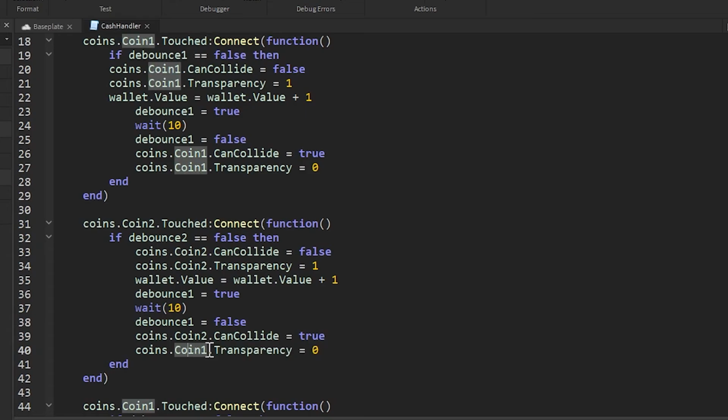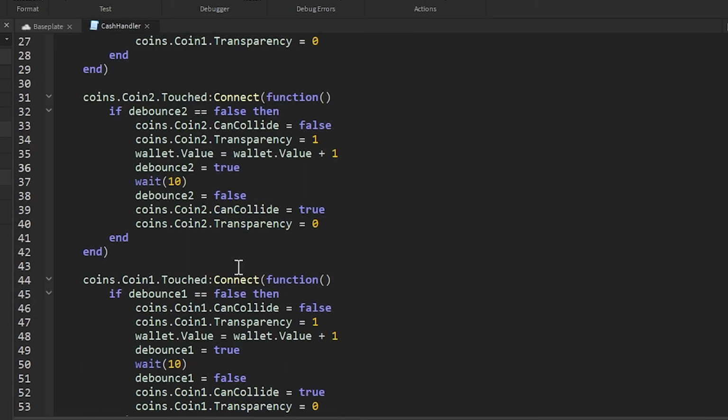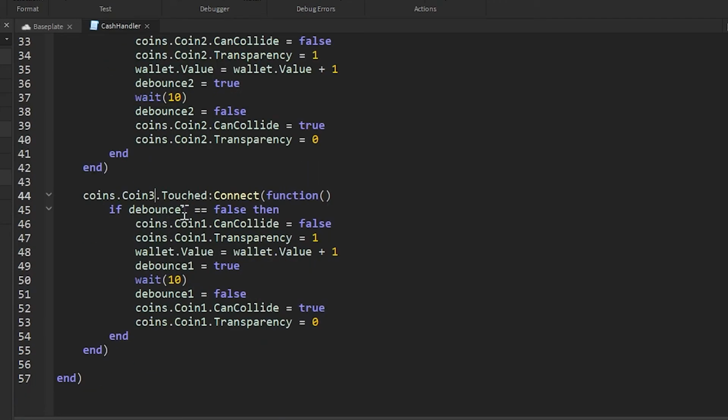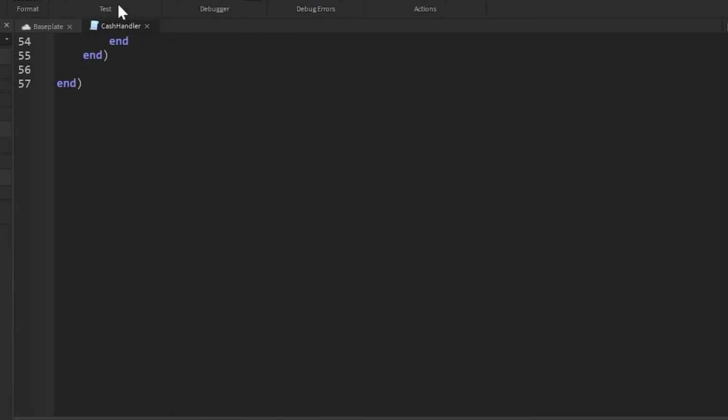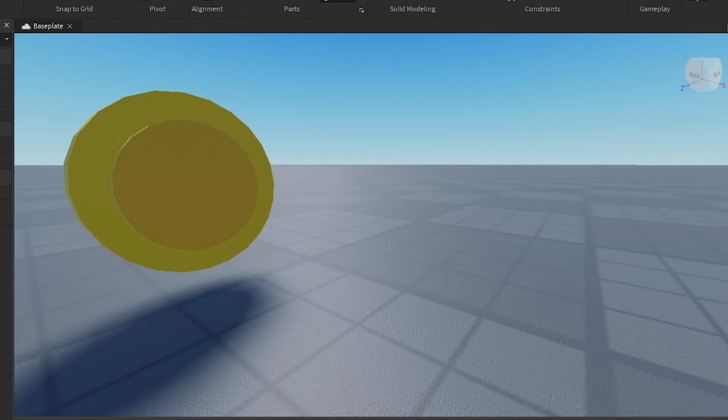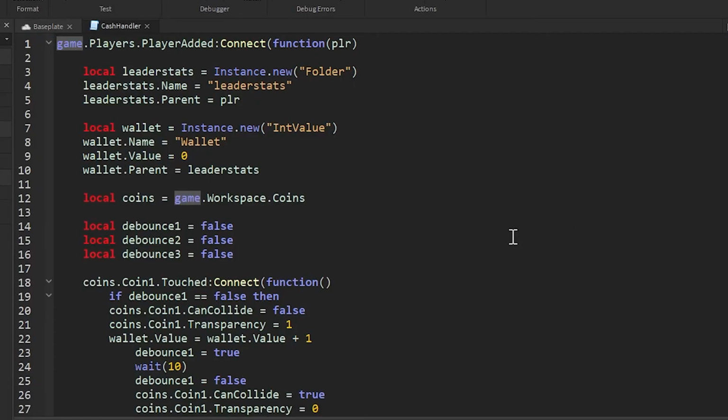Like this. And we need to change the debounce on like that. So now everything should run for the coin 2. And then again, the same thing with coin 3. And there we go. So everything should be working now, making sure you've added those extra debounces that are named debounce2 and debounce3. Everything should work now, but to test, actually something I also do recommend,